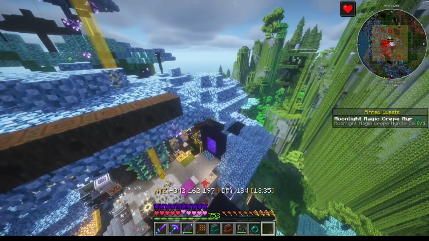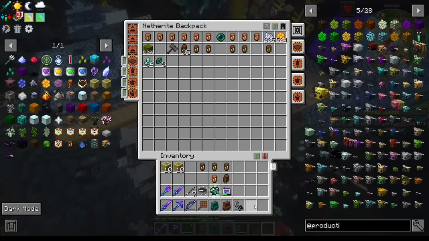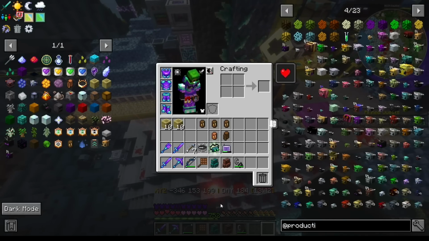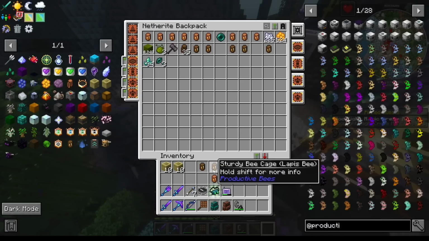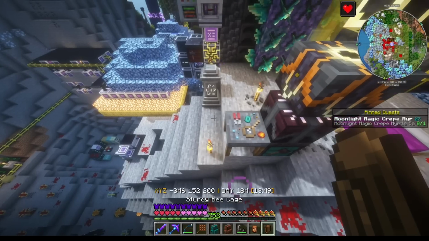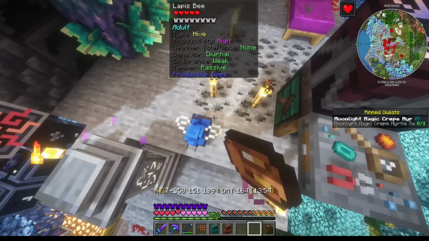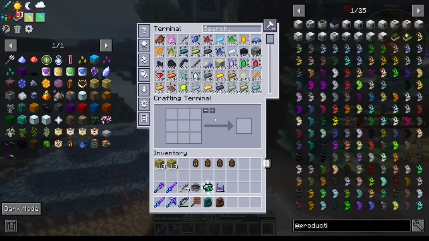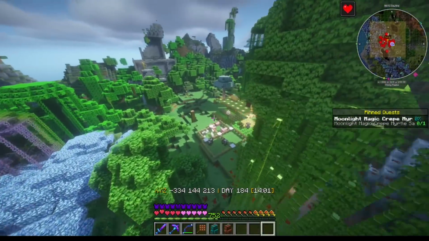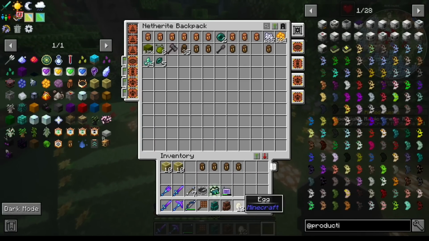So that's a little bit of a bummer, because I really don't want to have the solitary bees, because they make things a little bit difficult, because then I can't have a ton of them. So we're gonna get our lapis bee back into, by the way, I can just use this, I guess. So we're gonna get our lapis bee back into a sturdy bee thing, and then we need, I guess I can go down here. I need lapis and other such stuff for